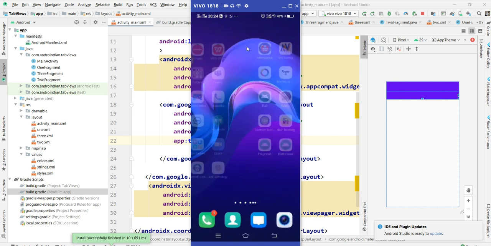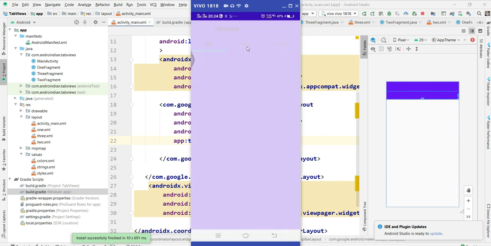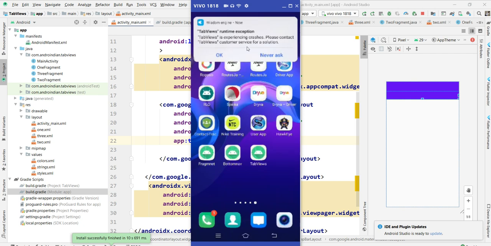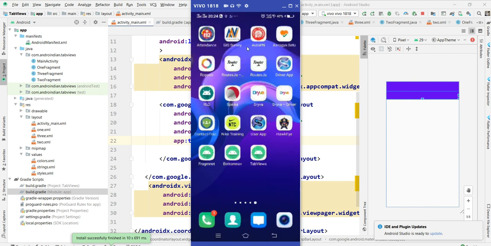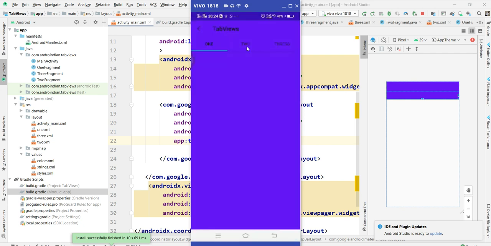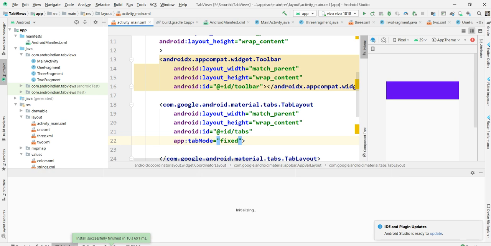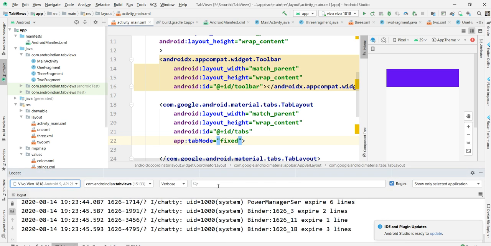I'm changing this. There are the tabs. So the tabs are created here. There are tabs, but here still it's some issue. It's closing here. Just a minute, we'll check in Logcat. What is the error here?